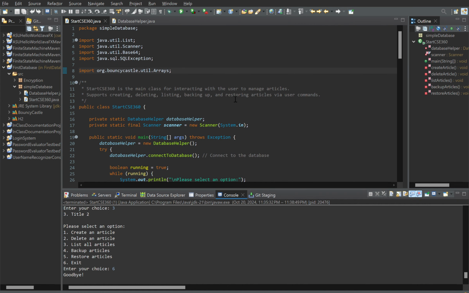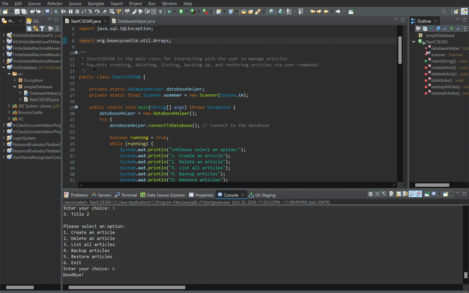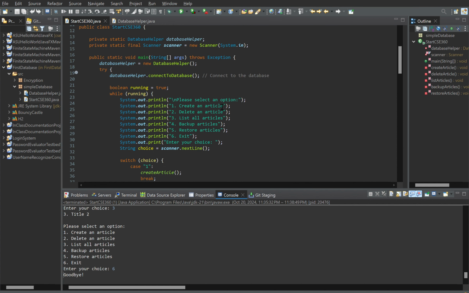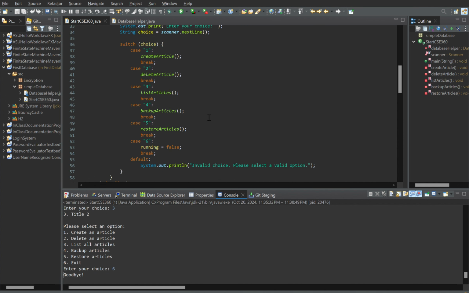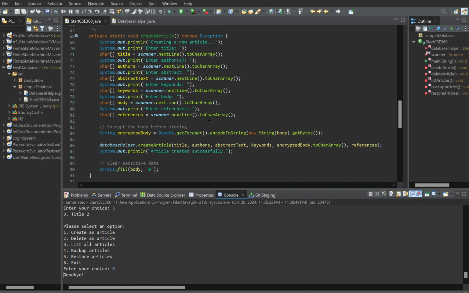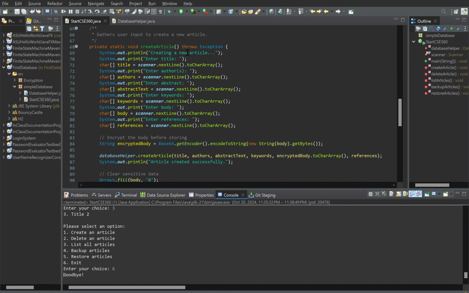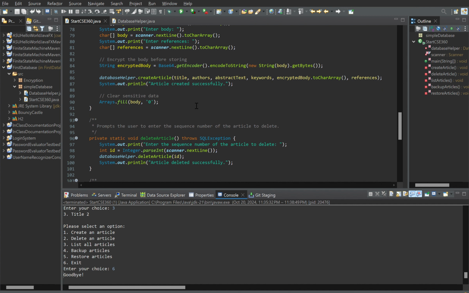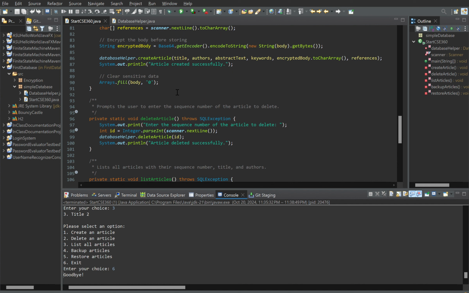Alright, and then we have our code here with some nice little comments. I made sure to do it in this format because apparently it's better to see when you're not in dark mode, which you can't really tell much of a difference when you're in dark mode. We have this database scanner. It gives you all the outputs, different cases on what to do, our little goodbye message, and then we have the option to create an article. It scans your chars, makes sure it grabs everything in these arrays, and tries to encrypt it as best as I could,